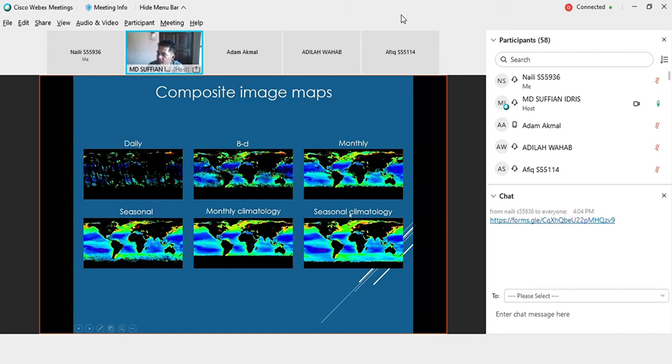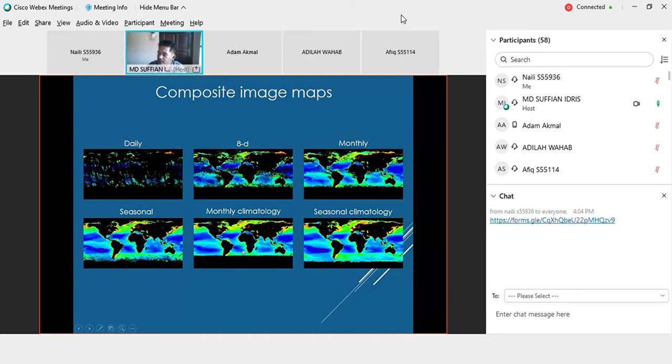Dan juga dia ada data untuk seasonal climatology. So data untuk summer, winter, spring dan juga fall. Kalau monthly ni dia adalah monthly data. Monthly climatology adalah data-data untuk setiap bulan yang di average-kan untuk di sepanjang